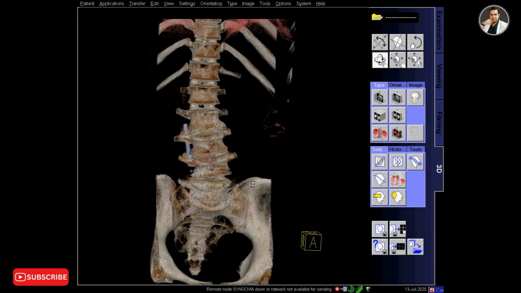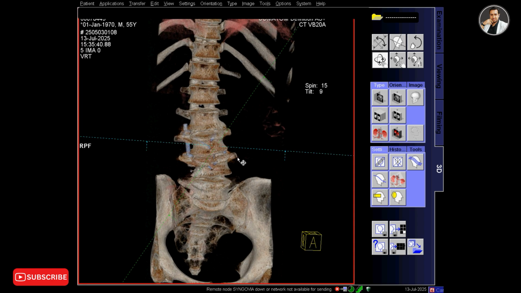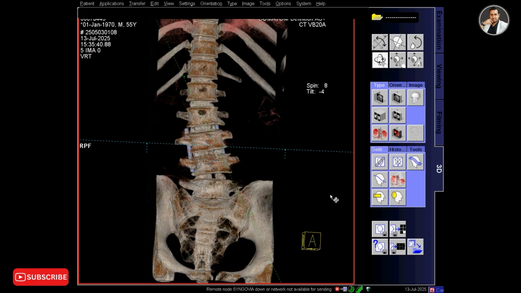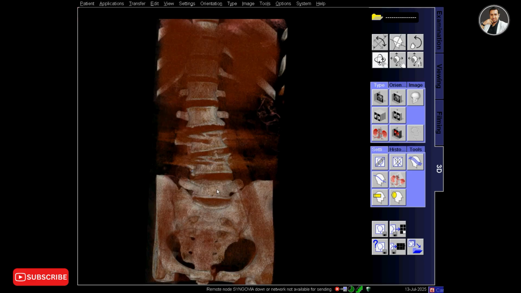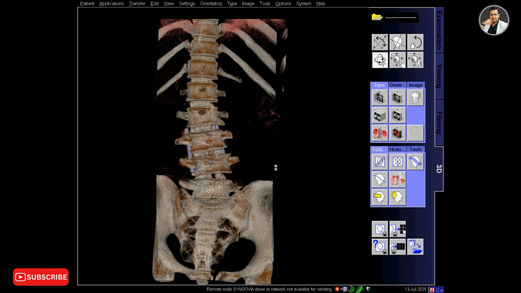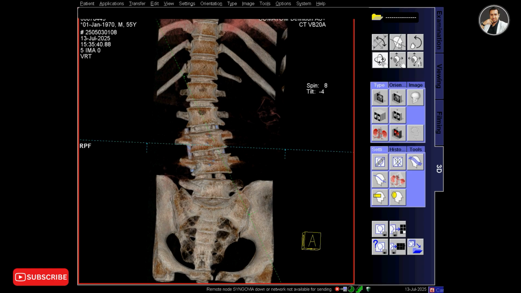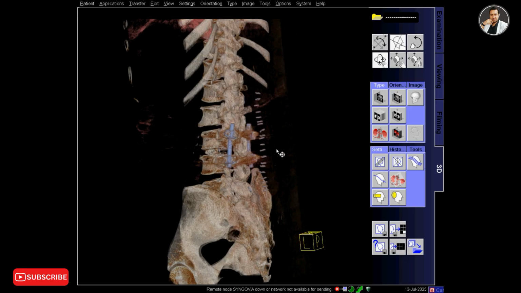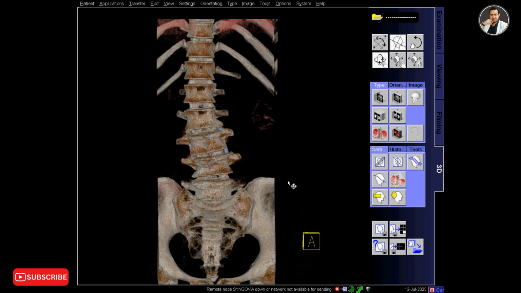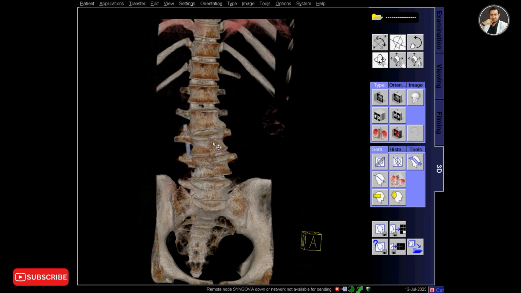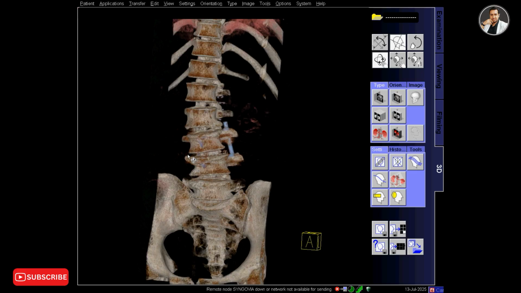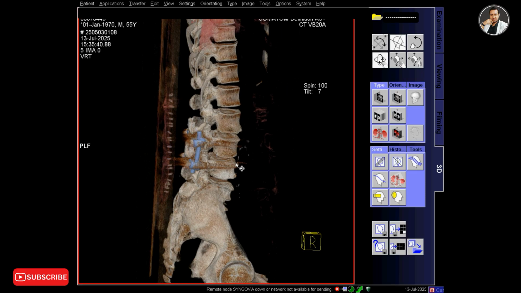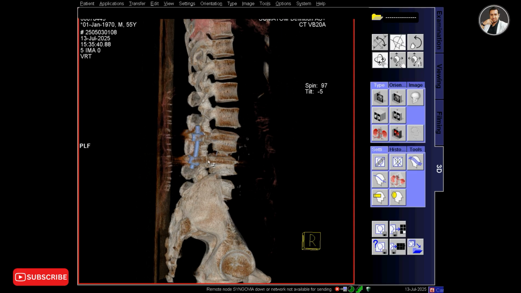So I am changing the angle. Doctors and radiologists like these 3D images so much. So you have to cut out the unnecessary parts around the spine.